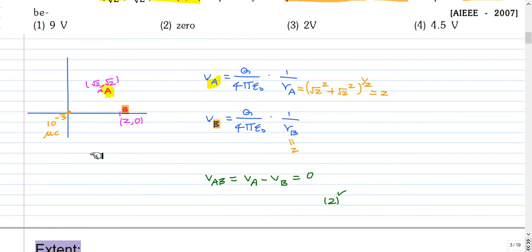So in this problem, suppose there is a second charge somewhere here, then there will be one more term in this potential. There will be 1 by 4 pi epsilon naught, the second charge divided by the distance of the second charge from point A. Similarly, there will be a second term for potential at point B. And suppose there is a third charge here, then that will contribute the third term. It will be 1 by 4 pi epsilon naught, the third charge divided by the distance of the third charge from point A. So this problem can be generalized for more than one charge.